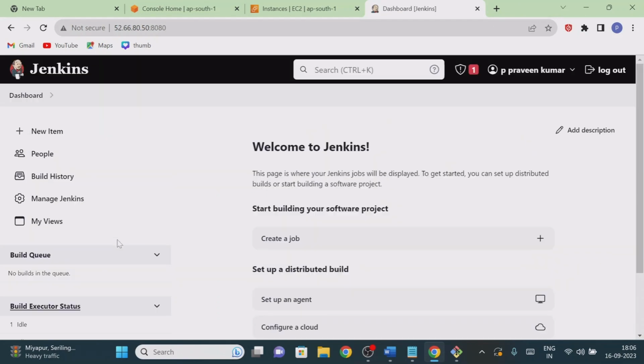In the next class, we are going to create our own jobs, right? We will learn the basic things, how to create and execute a job from scratch using shell commands. Once that is done, we will integrate with the GitHub source code management tool. Then we will build using Docker, Kubernetes, and Maven, so we can implement those kinds of things. So what we have done in today's class is install the Jenkins software successfully, right? Thank you guys.